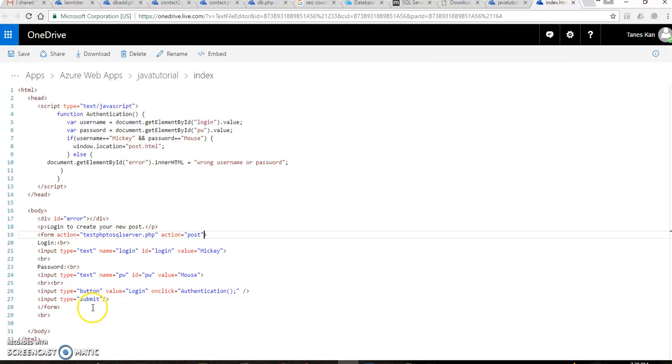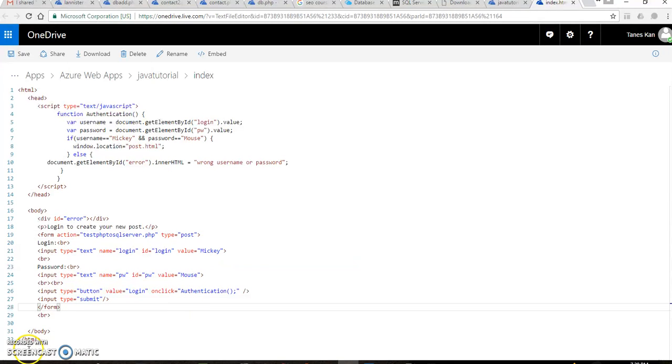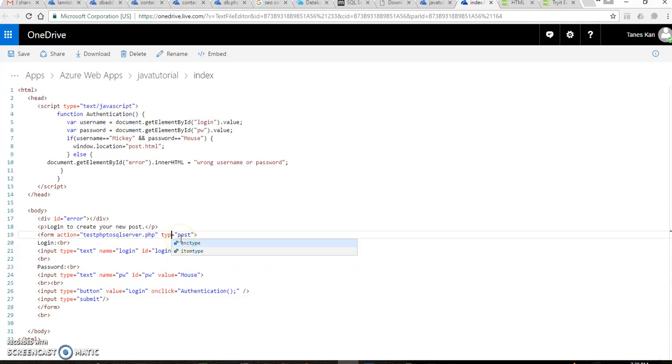Okay, so that's three things that we have to do. I'm actually not action. It actually has to be method. Okay, but this can be omitted. Method equal to post. Now